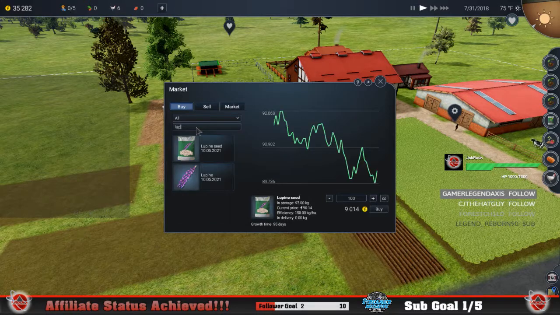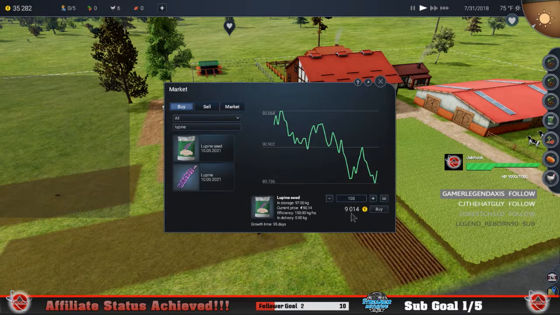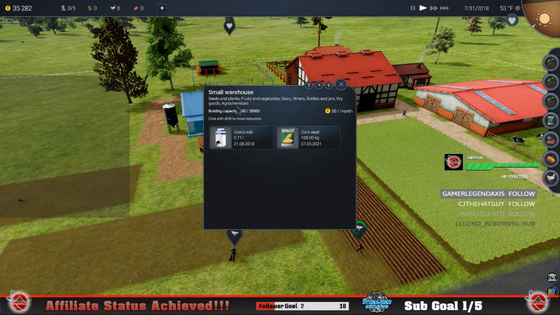Let me put this in here. This is what's really nice, because you get the seed here, and then you get the lupine. The seed, I guess, was expensive. That took a big chunk out of my cash, but I think the overall efficiency of growing it myself will be much greater than just buying lupine like this one here. So this is what I need to check. We do have some corn seed,